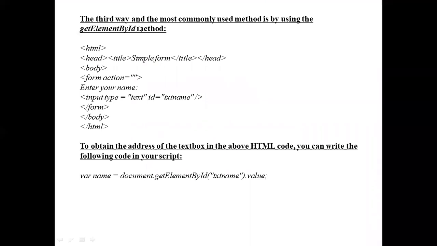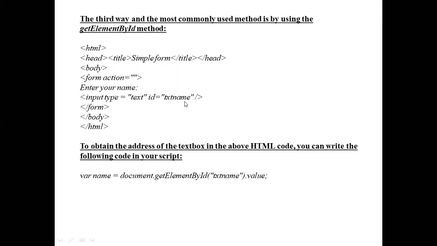The next method is the most commonly used method, that is getElementById. Here there is HTML code, document, with a form element. In the form element, we give one text box, input type equal to text, with ID equal to txtname.